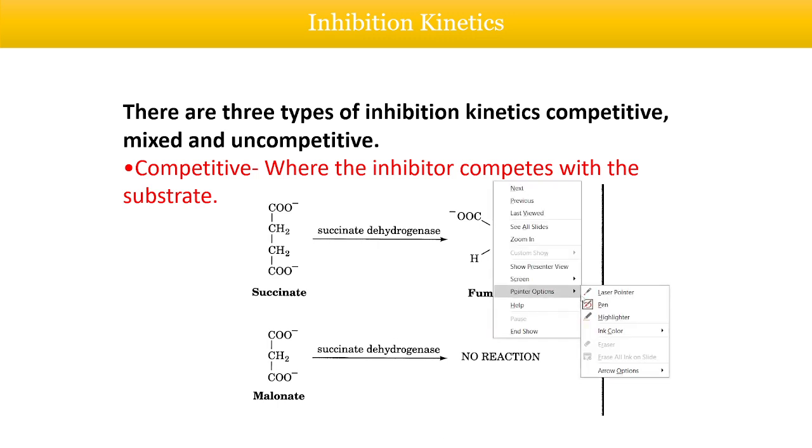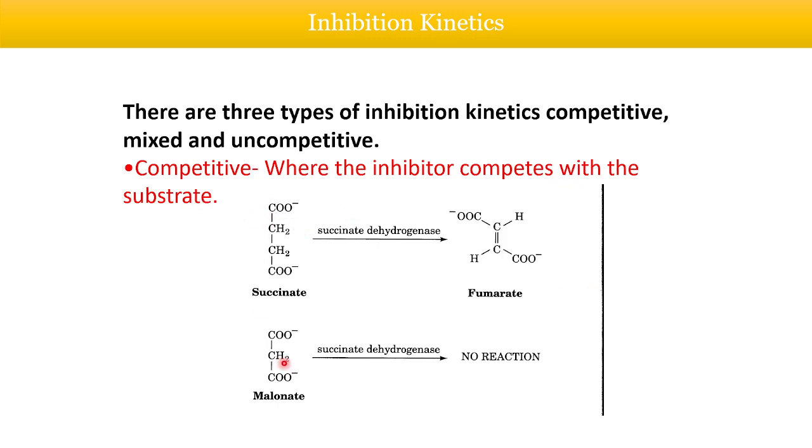So this is just an example of a competitive inhibitor, where you have succinate and succinate dehydrogenase, where you get fumarate, and then you have malonate with succinate dehydrogenase, but no reaction is occurring because the inhibitor competes with the substrate. Okay,